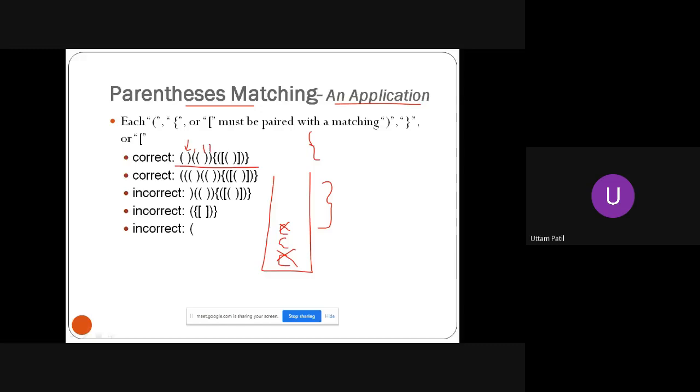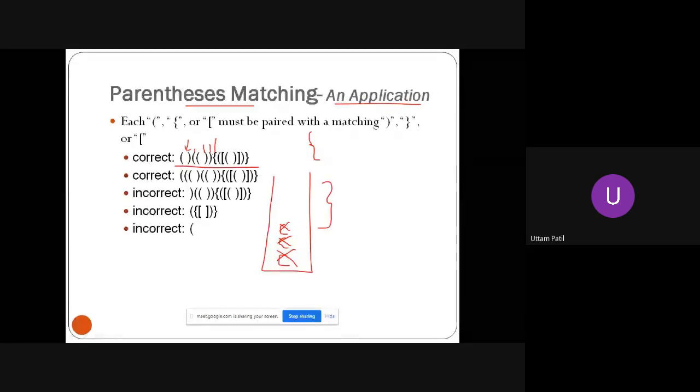Another closing is encountered. I should perform a pop operation. Okay. Another opening bracket is encountered now, a flower bracket. So I will just push it onto the stack. Then I have another opening round bracket. I just put it onto the stack. There is an opening square bracket. I just put it onto the stack. Another round bracket opening. I just put it onto the stack.